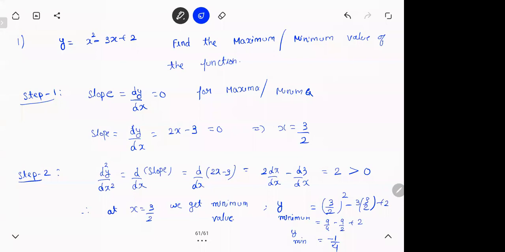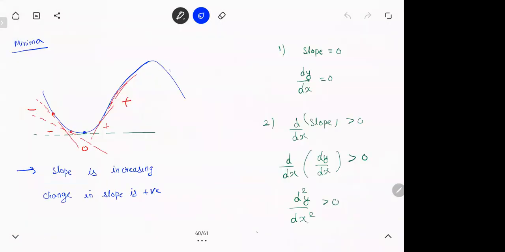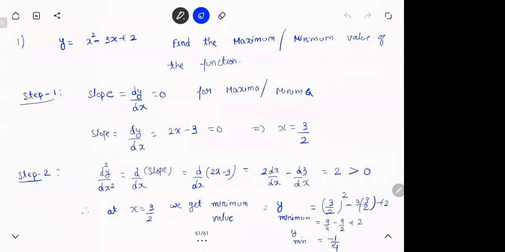Second thing. Now, if you differentiate the slope again, meaning 2x minus 3, if you differentiate again, you're getting 2, which is positive. Means what? Slope is always increasing. Slope is increasing for which function? Maxima or minima? See, for minima slope is increasing, which is greater than 0. Meaning the 3 by 2 which you got is actually for a minima. So minimum value will occur at x is equal to 3 by 2, and how much is the minimum value? Substitute x in that function of y. Put it down. Think about it. Let's do a few more problems. We'll get the hang of it. But any particular confusion, ask me.